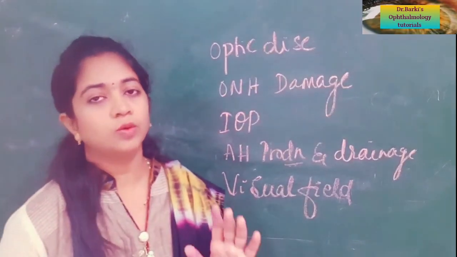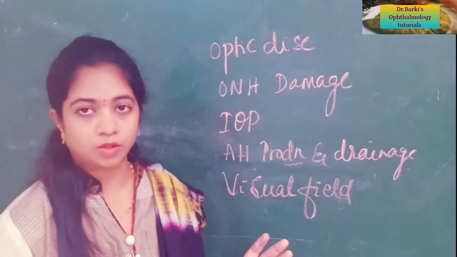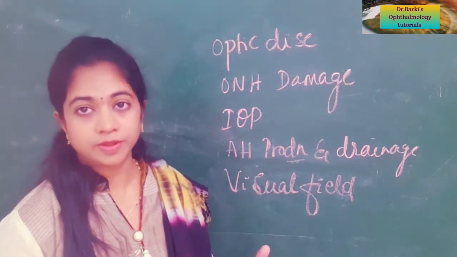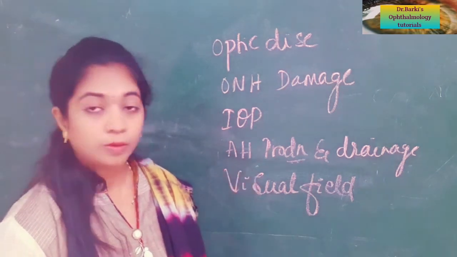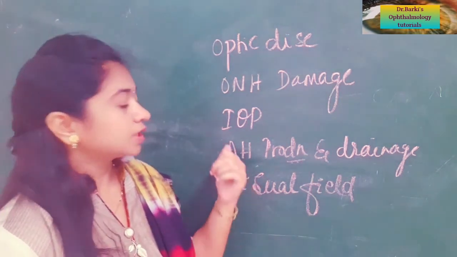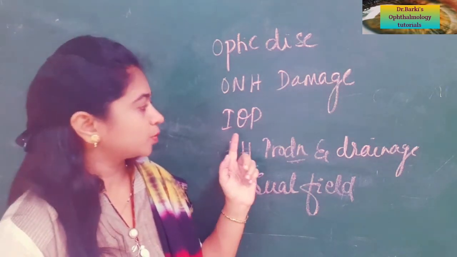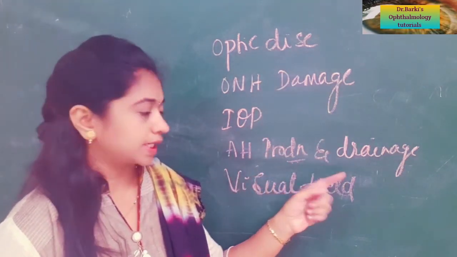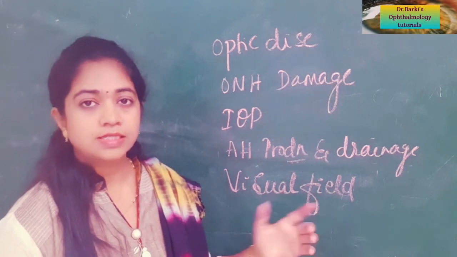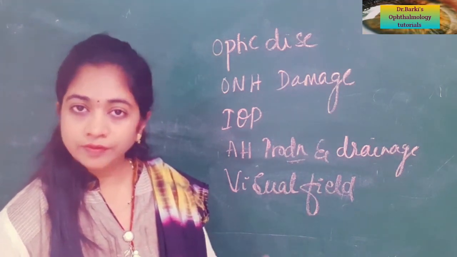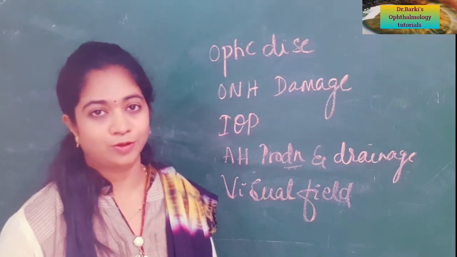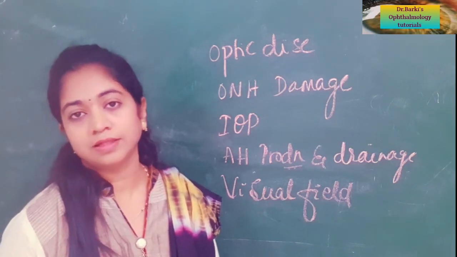So hope you got an overall idea about the glaucoma now. So I have explained about the optic disc, the arrangement of the optic nerve fibers in the optic disc, the damage to the optic nerve fibers which are caused by the raised intraocular pressure. So I have spoken about the intraocular pressure and the aqueous humor production and the drainage as well as the visual fields. This is in brief I have spoken. We will see in detail in the further videos. Before closing, we will see the definition of glaucoma now. Now you will understand the definition better.